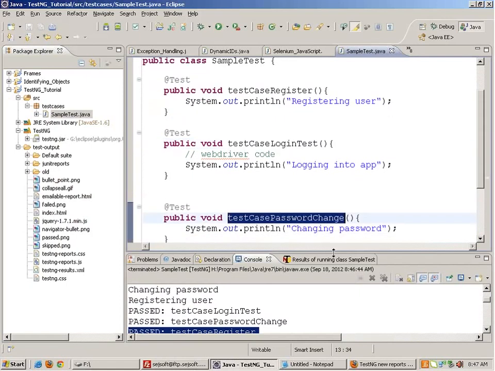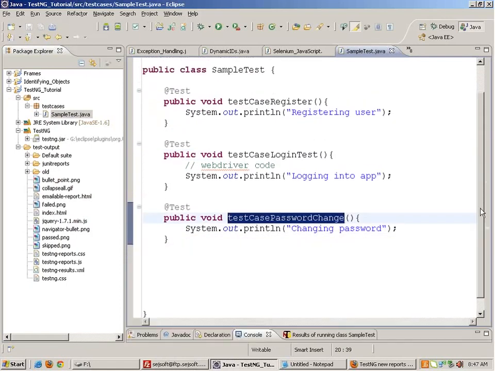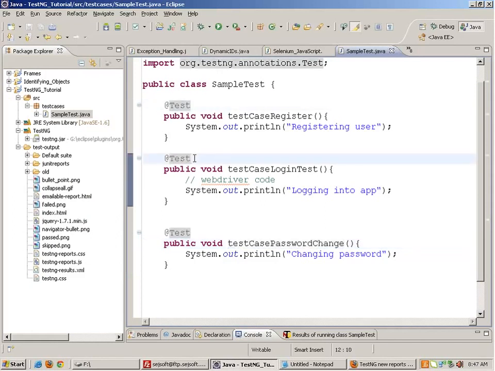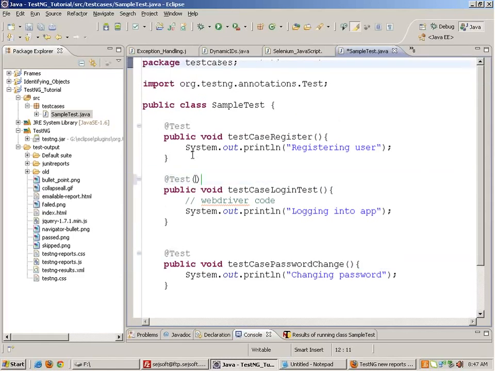The order in which these test cases are executed is not the order in which they are placed in the file. The order is different, and it's actually determined by TestNG. It's basically alphabetical sometimes, but sometimes not alphabetical. But if you want to make sure that the test cases execute one after another, and you want to give a sequence to them, you can write like this: